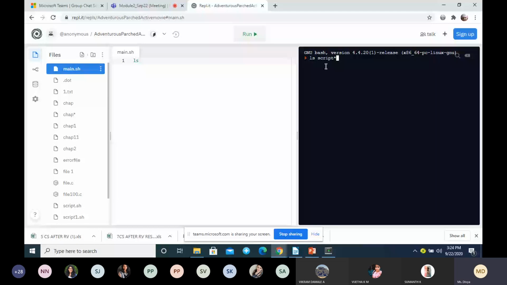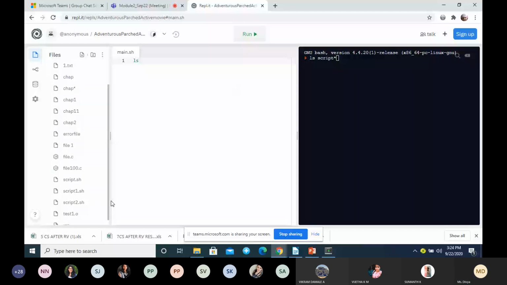Can anybody tell what is the output of this? See here, these are the files I have. Can anybody tell what is the output?